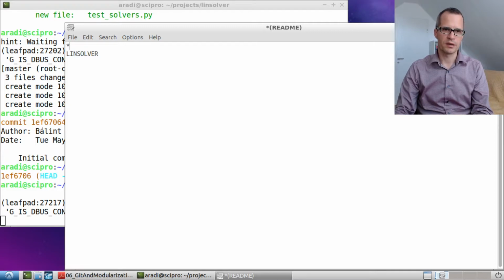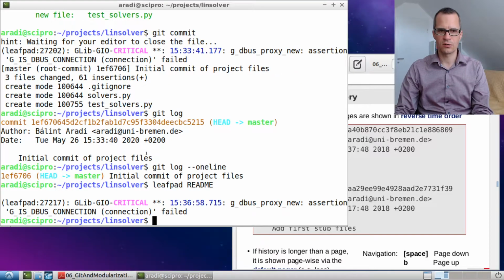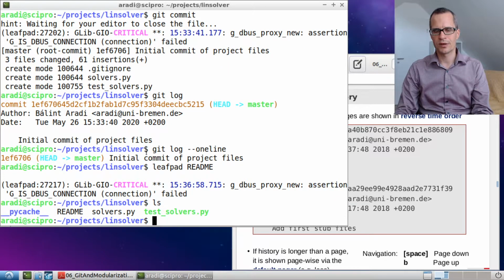That's the name of the package, and I just say package containing routines for solving linear systems of equations, for example. I'm just pressing Ctrl S, saving, Ctrl Q, leaving Leafpad, and you see there's also a README